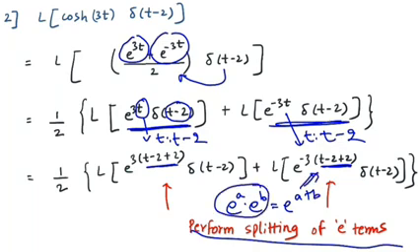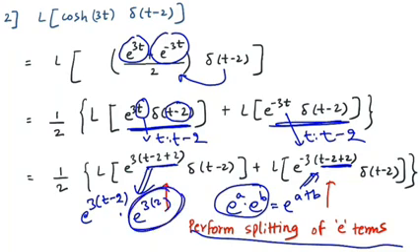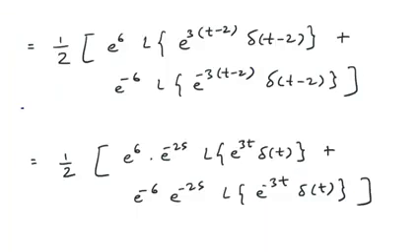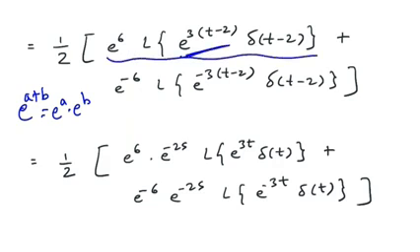I have to go back, I have to split it in the form e raised to a into e raised to b. So I will show here, see, e raised to 3 into t minus 2 into e raised to 3 into 2. In this way I will split, so that I can say this part is a constant part and this part has the shifting version, that is t is shifted at t minus 2. In the previous step we had the format e raised to a plus b. We are splitting it as e raised to a into e raised to b. So in the first function you can see the two exponential terms split, right?